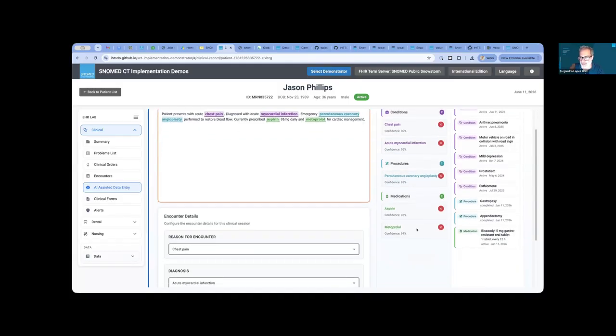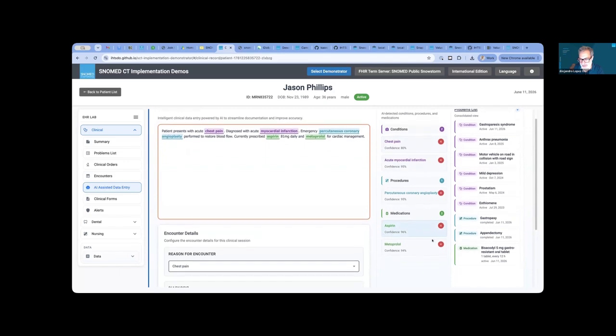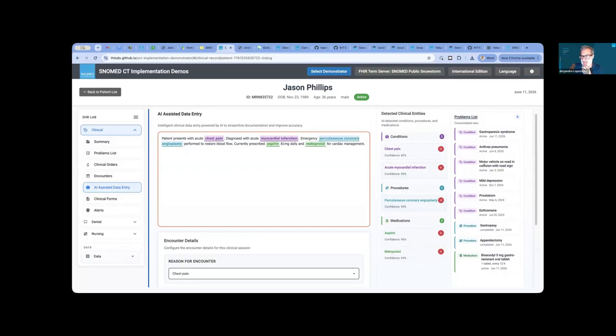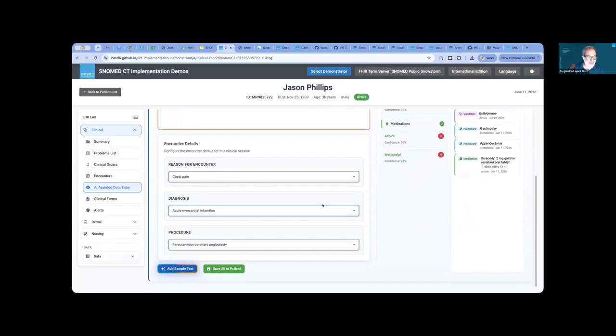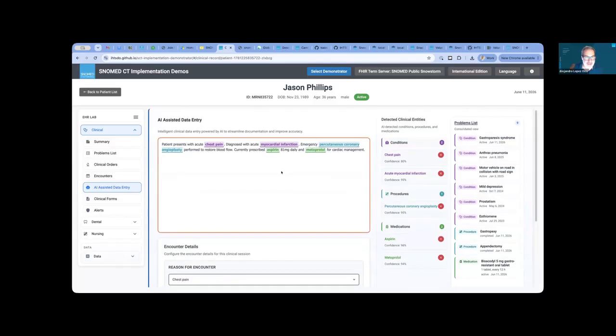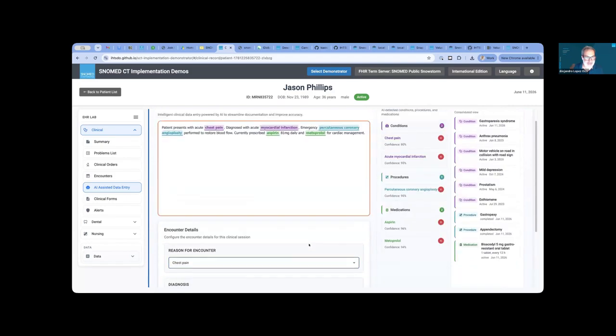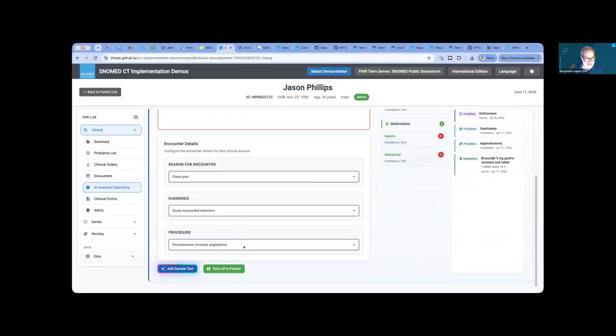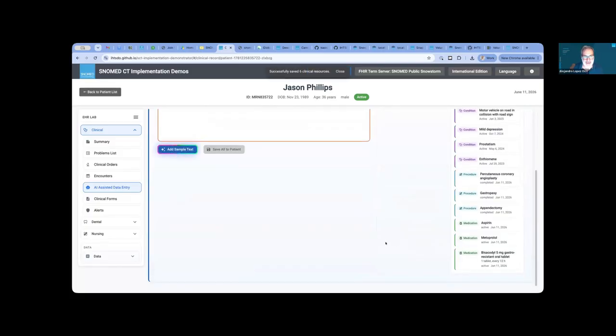And you have a detection report on the right to say, okay, this is good, but maybe I will not record this one, or you can have some opportunity to see what you have today in the problem list and what you have detected. And you can decide whether it's a good detection or it's not a good detection. And also that encounter form with the reason for encounter, the diagnosis or a procedure is filled automatically for you. You can change maybe for a different one, but AI has tried to automatically assign each one of the things that are mentioned here to one of the fields in the form. So automatically you get the codes, you get the form, you can save everything to the patient, and it's done.